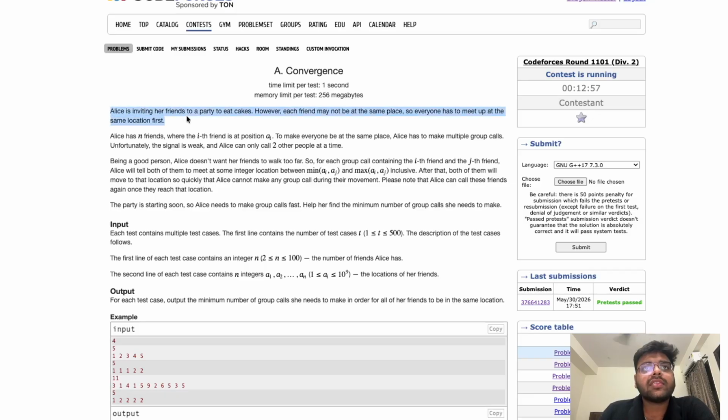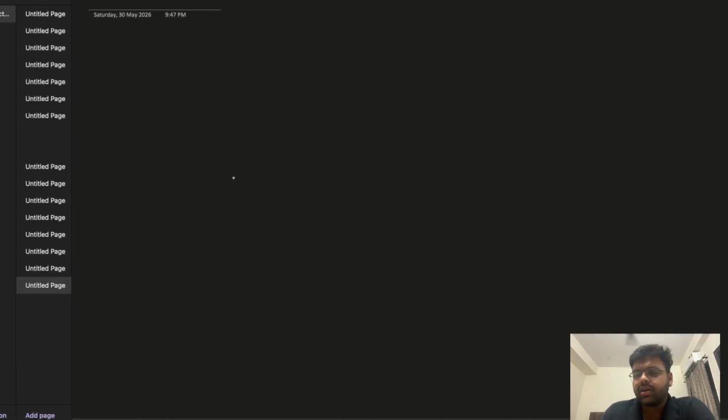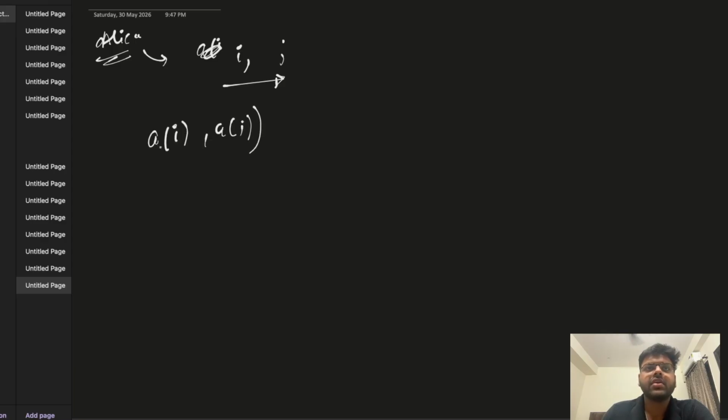So the A problem is saying that Alice is inviting her friends to eat, and for a particular index i, it chooses some indexes and calls two persons. To explain what the problem is saying, Alice can make some group call, but she cannot make a group call to all of the users. So she picks some values i and j, and what she can give to both persons is that the value should be in the range of the minimum and the maximum of